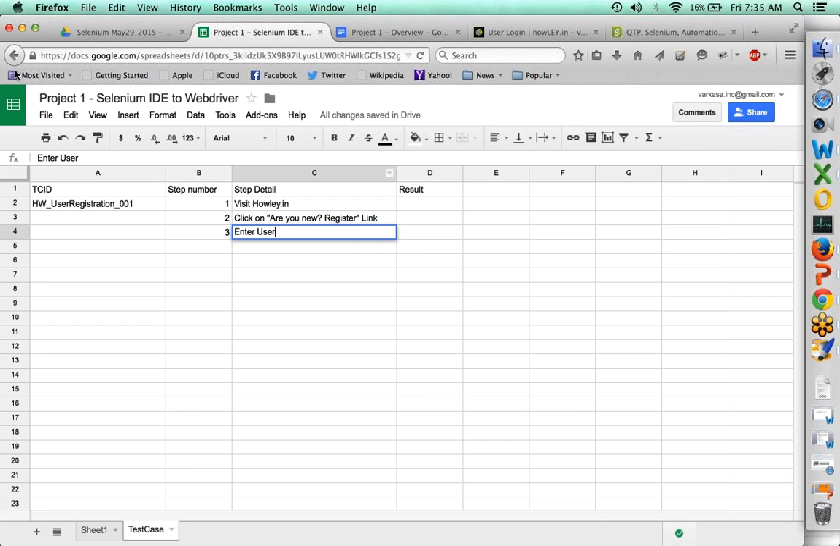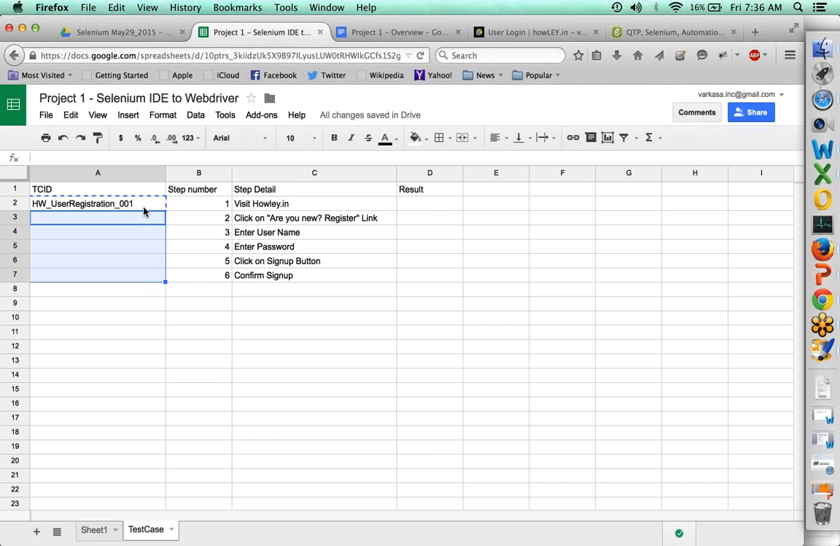So as a third step, what we will do is we will enter username. Fourth step is enter password. Fifth, click on sign up button. Sixth step is confirm sign up. Okay. So far we have not touched anything to do with automation, not Selenium IDE, not